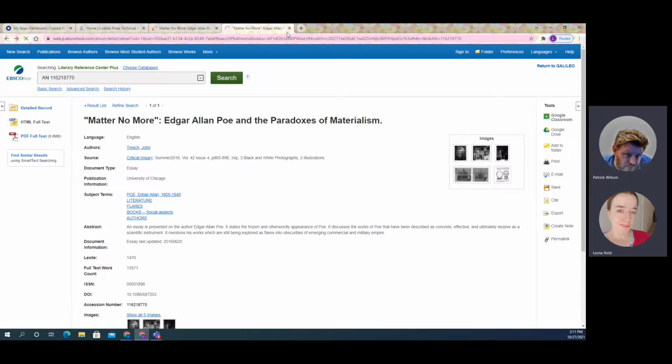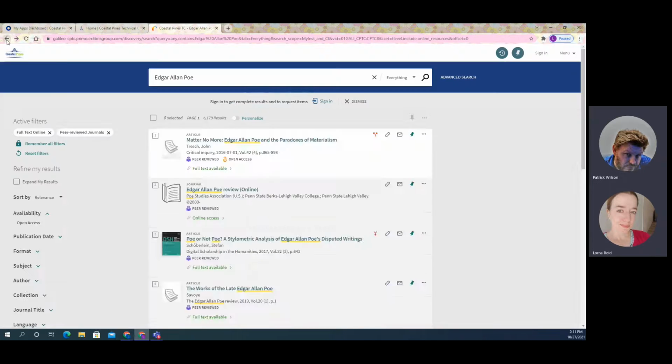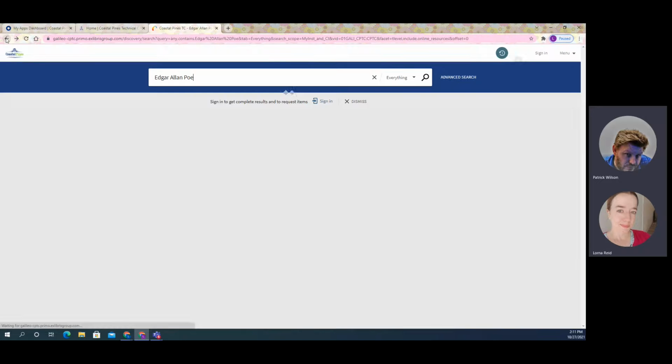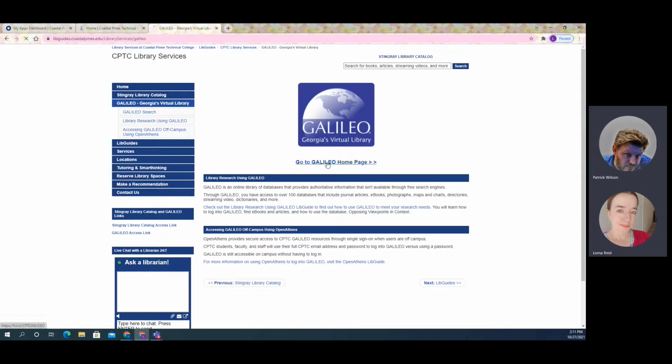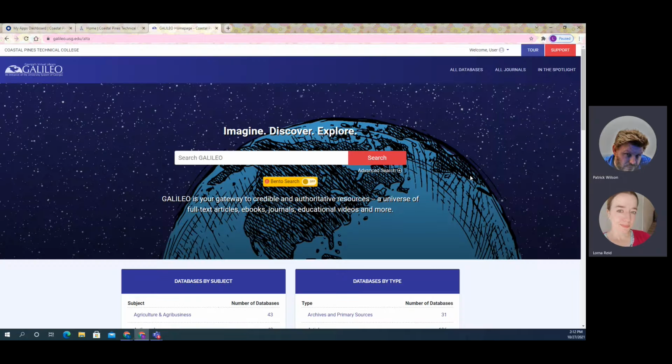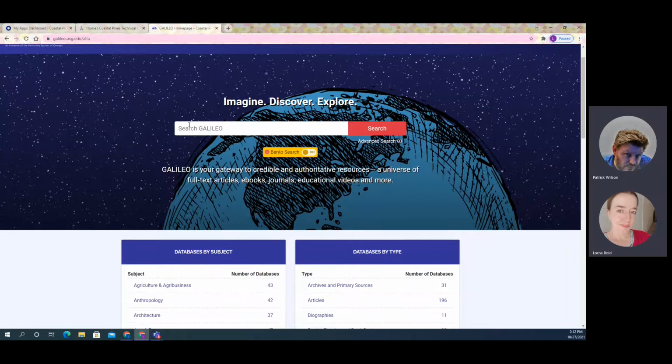But the easier and more straightforward way to actually find a journal article is going to be through Galileo itself. So I'm going to get out of here, lots of backspacing. And I'm going to go down to Galileo. And I can click Galileo here. And I'm just going to give you a generic overview as far as databases go. Galileo has a lot of everything. If you were to use this search bar here in the center, it's just going to give you results on everything. So if I click on Edgar Allan Poe and I click search,